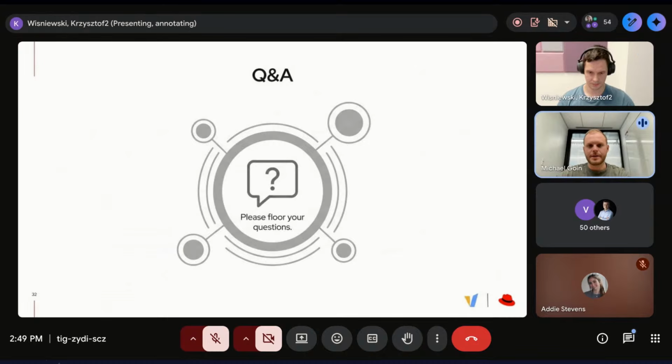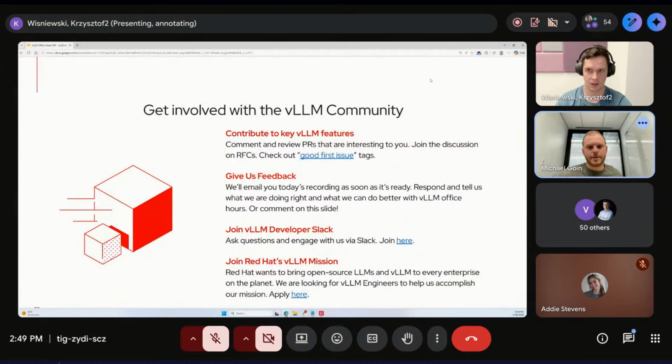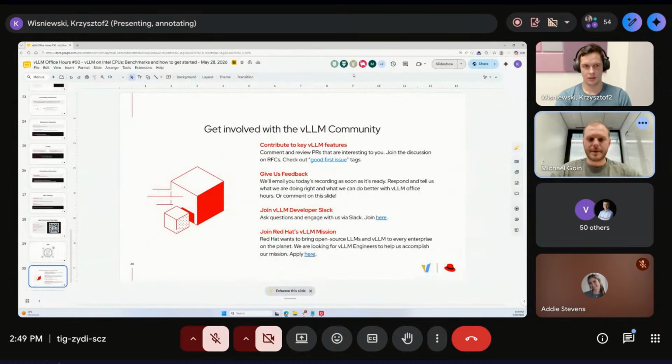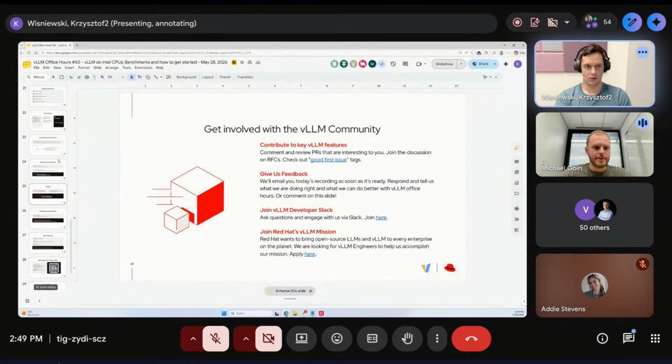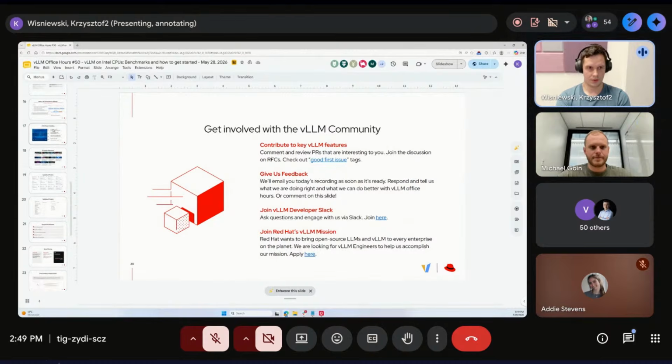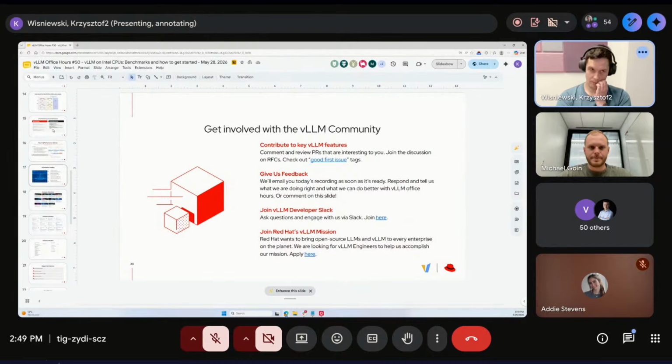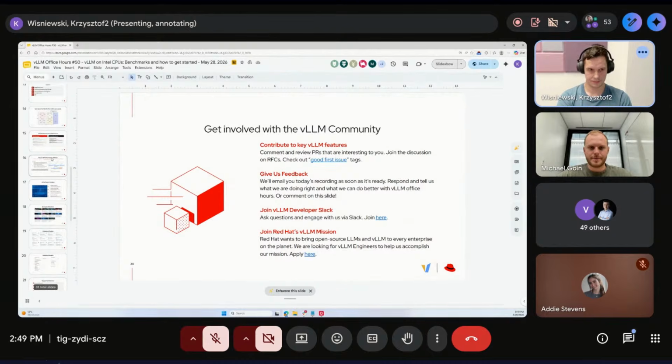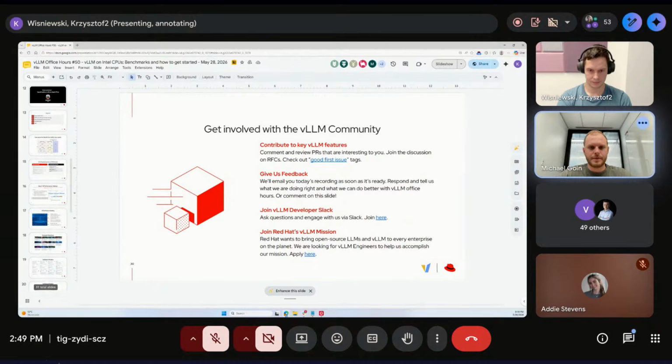I was curious if there are any architectures that are prioritized next, or a key target for the future. I don't have any roadmap as of today. Okay, sure.